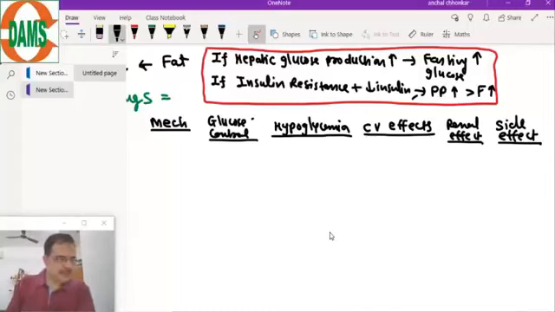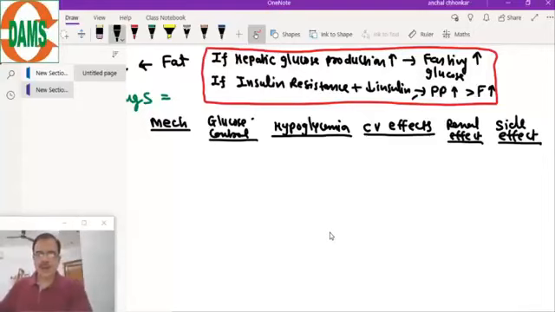Why does fasting glucose increase hepatic glucose? Because of glucose production from the liver; understand the biochemistry and physiology. When will the liver produce glucose? When the patient is not eating, when the patient is sleeping. During sleeping no one eats. So what will happen during the night time? The liver will start producing glucose by glucogenolysis and gluconeogenesis. That is obvious. So that will manifest in the form of fasting sugars.